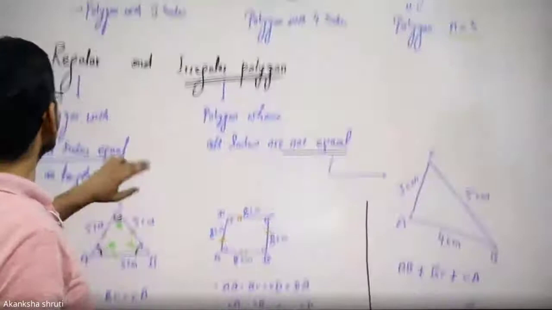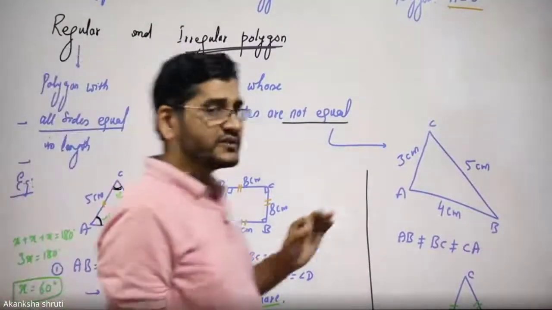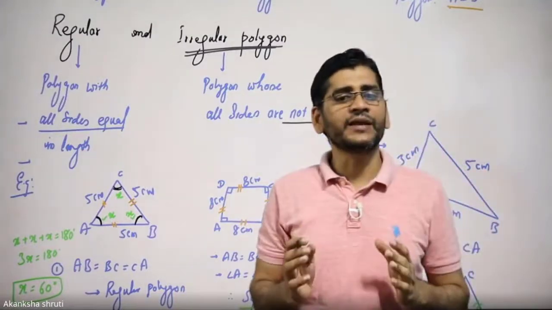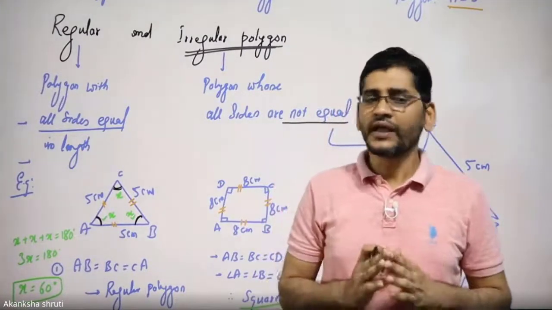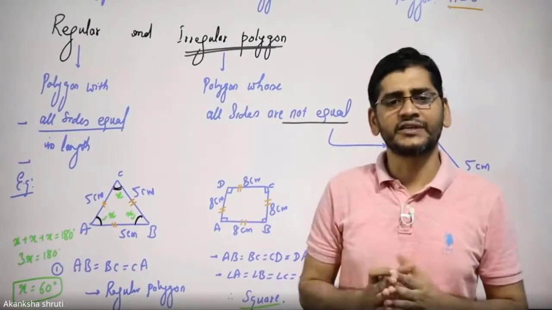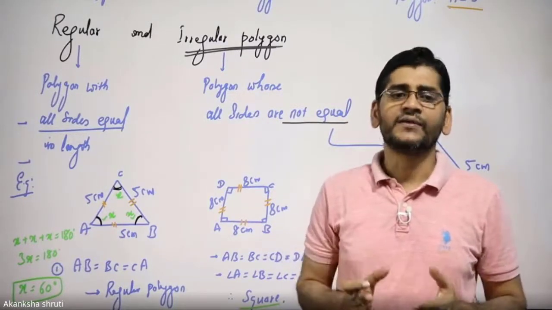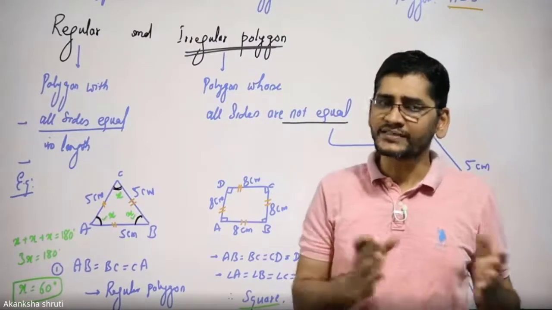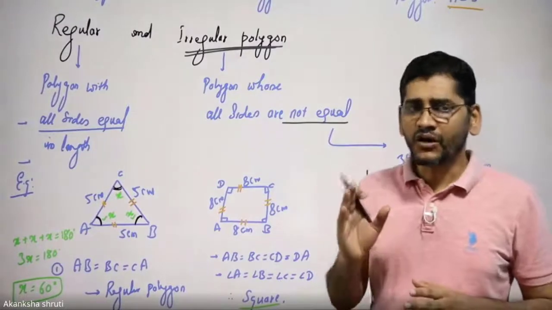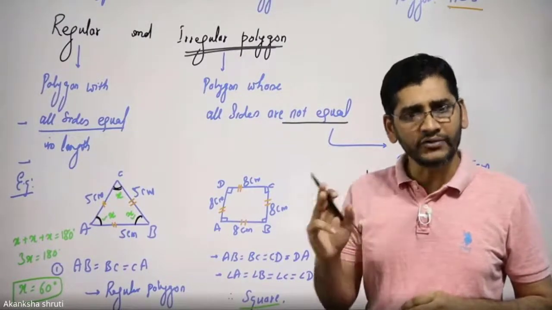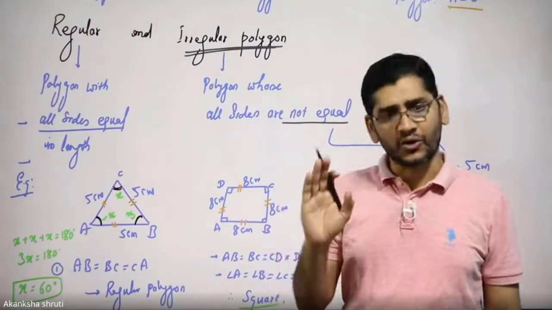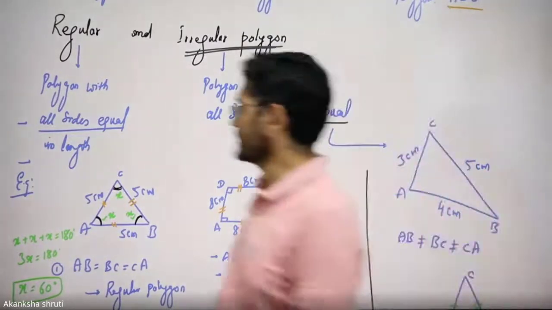Students, there was another term for polygons called regular and irregular. A regular polygon simply means a polygon in which all the sides are equal. Like for a triangle, if all the 3 sides are equal, it is called a regular polygon, or the triangle is given a special name called an equilateral triangle. Also, it is found that for a regular polygon, all the internal angles are also equal. That we have to understand.